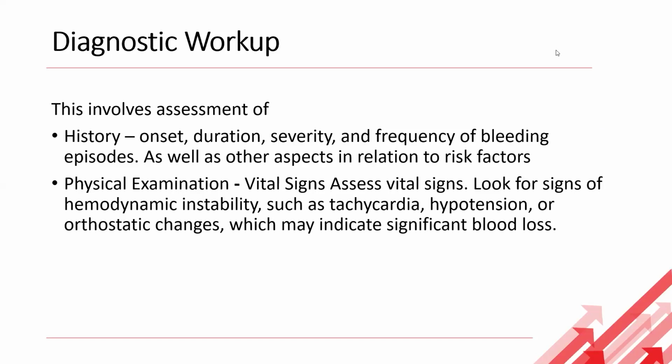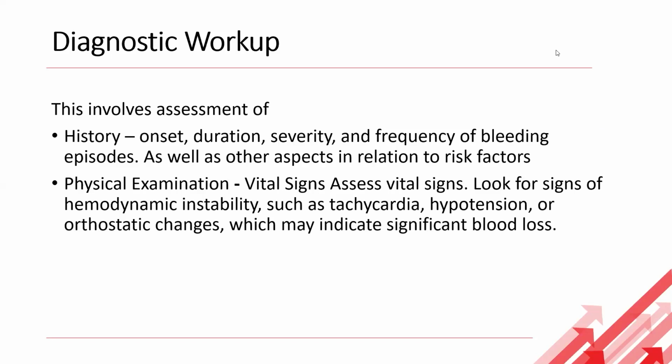key thing. So you're looking for signs of hemodynamic instability. You're looking for tachycardia. You're looking for hypotension. You're looking for orthostatic changes. And these ones may indicate a significant blood loss. So at times, you also need to remember that sometimes there are patients who may be hemodynamically unstable, especially when it's just starting out, but they may not present with tachycardia, but they might have a bit of hypotension. So those are some of the things that you need to actually look into when you're assessing your patient in